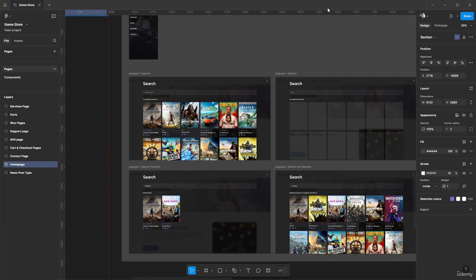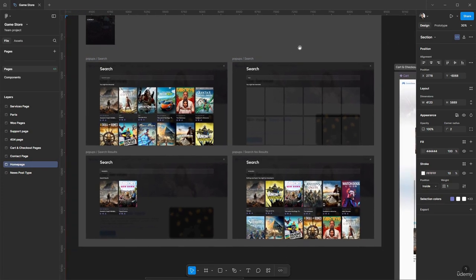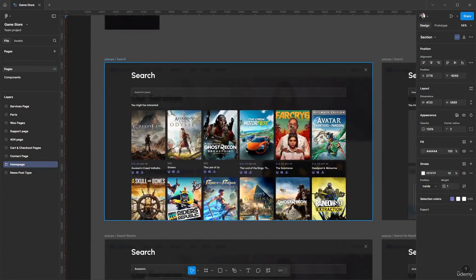We are moving on to the next section, where we will be developing a search feature, a game search, which is located in our header. When you click on the search icon, a pop-up opens and it looks as follows. That is, the first step, when opening by default, we have a search form and the latest or maybe random